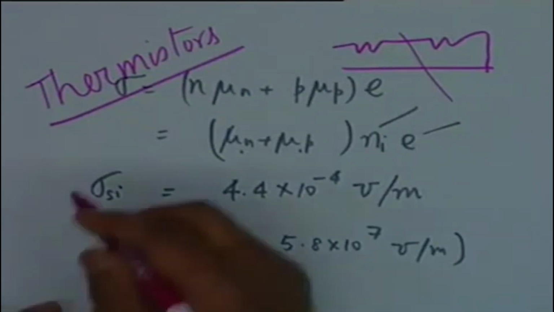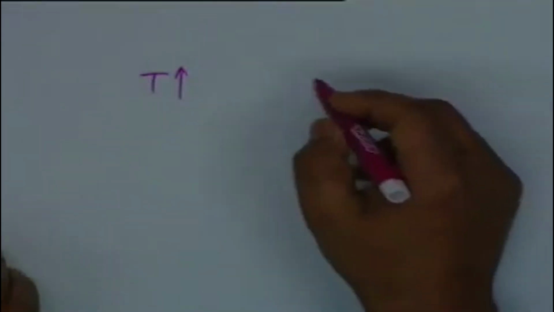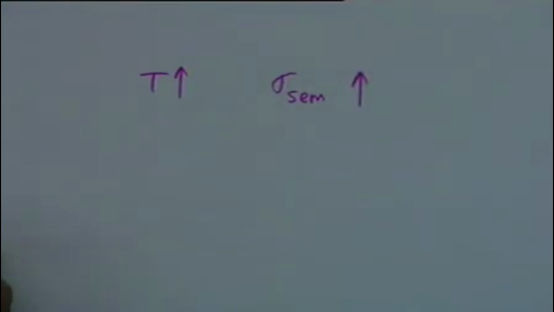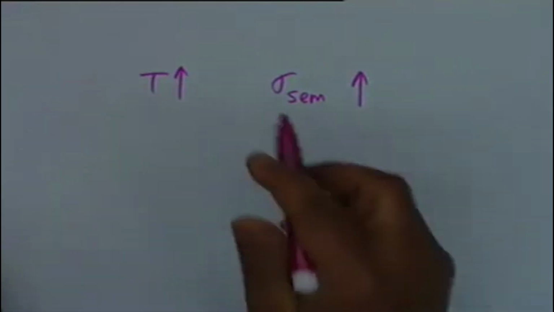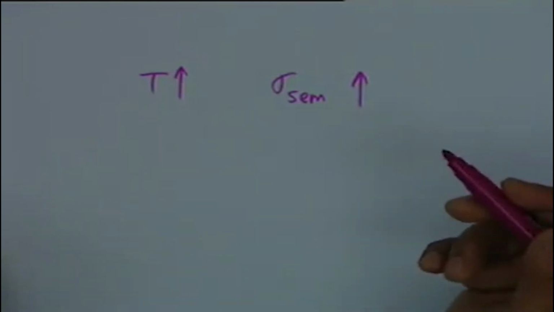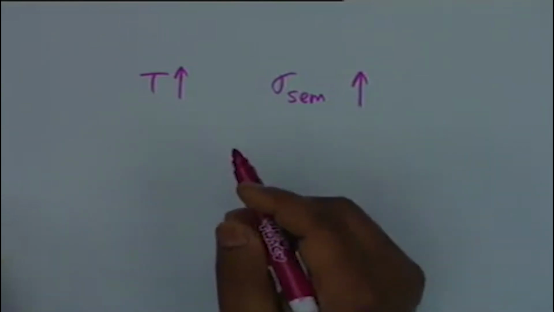Major reason is that as temperature, capital T, increases, sigma of a semiconductor increases, and this increase is almost exponential. It might cause an avalanche of conductivity, and this is why we have devices like the avalanche diode or the Zener diode. As temperature increases, sigma increases almost exponentially, and a more surprising thing is that if you introduce a very